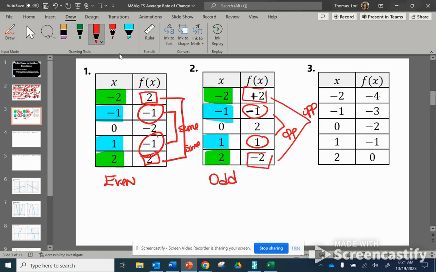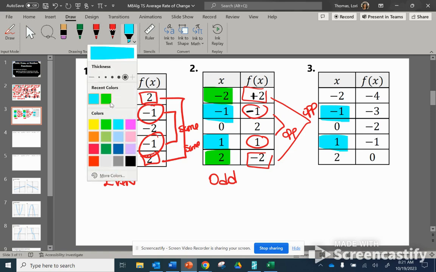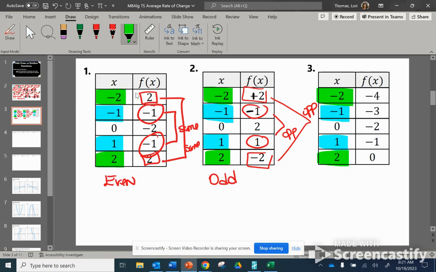Okay, let's take a look at -1 and 1, or we have the choice of -2 and 2. And again, we're looking at their outputs. So if I look at this output and this output, I'm going to describe this as being totally different. Okay, so this tells me this is neither even